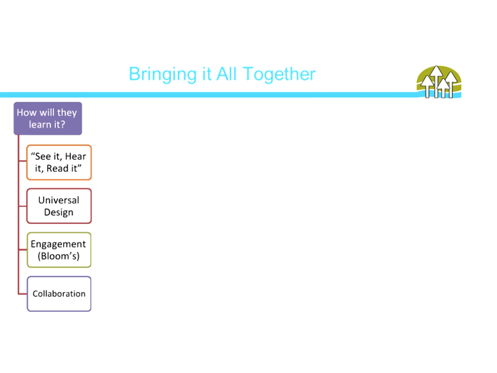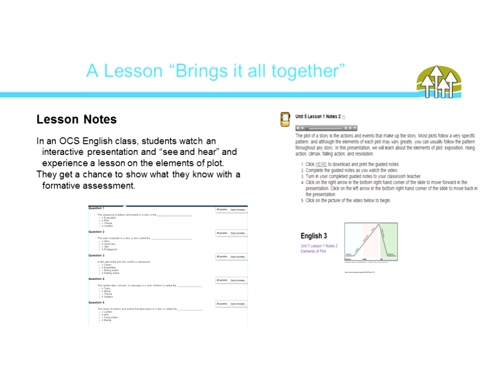So now I'm going to showcase what a typical lesson would look like step by step. So a lesson will bring it together. This is from our Occupational Course of Study English class, and as we've mentioned in the presentation, as I've noted in the chat as well, our OCS courses are blended. So what that means is that the students have a classroom teacher who's working to facilitate, but then they also have an online teacher, and they also are taking the course online via Blackboard. So they'll do some things offline as well as online, which really is great, not only for Universal Design for Learning, but to adapt to the unique needs of Occupational Course of Study learners who definitely need a high level of academic support.